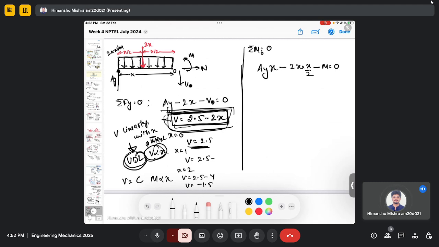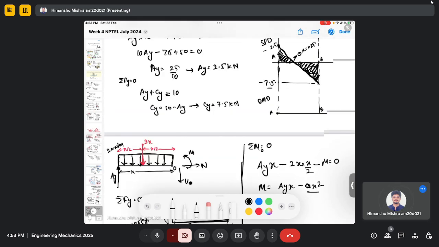So my M will be Ay x minus 2x square by 2, the 2 cancels, so M will be Ay, which is 2.5